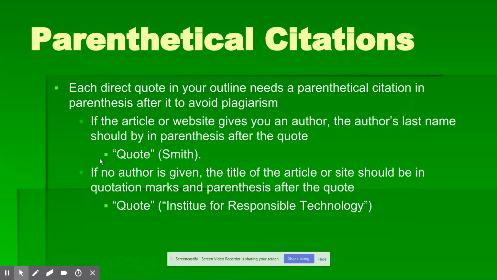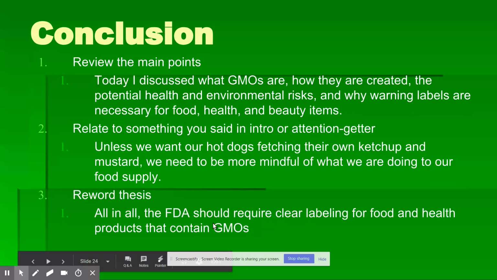After that, make sure you have your parenthetical citations, okay? So if you have an author, you're going to use the author's last name. If you have just an article title, use the article title in quotation marks. We've talked about this all year. The conclusion should just review the main points. So this says, today I discuss what GMOs are, how they're created, the potential health and environmental risks, and why warning labels are necessary. And then you want to relate it back to your attention getter. So it says, unless we want our hot dogs fetching their own